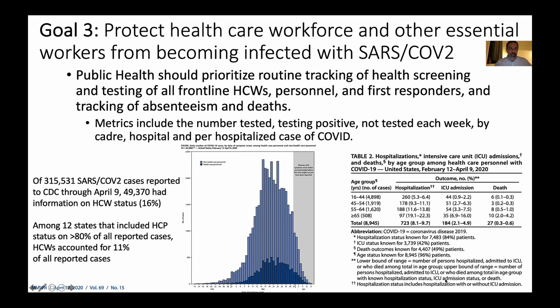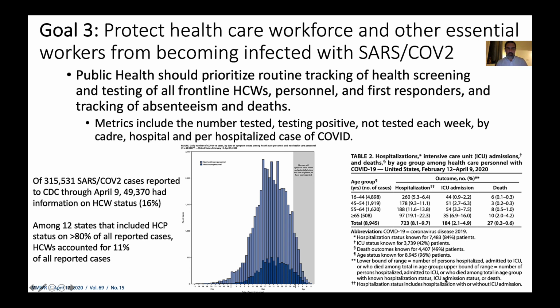And goal number 3, protecting the healthcare workforce and other essential workers from becoming infected with SARS-CoV-2. We really wanted to say here that public health had to prioritize the tracking of health screening and testing of all frontline healthcare workers and first responders, and tracking their absenteeism and deaths. And so we listed a number of metrics here,